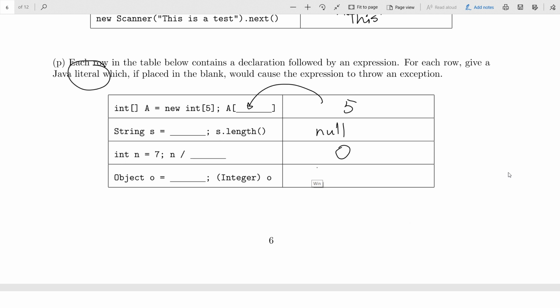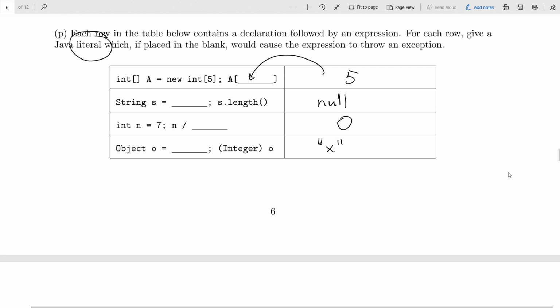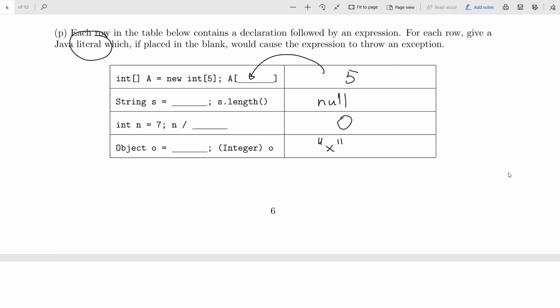Just about anything. So let's just make the string x. So if you store the string x in that variable, which is perfectly fine because it's declared type object, so it can contain any object, what's going to happen when you try to cast it to an integer? Yes, the class cast exception. It won't be allowed. Okay?